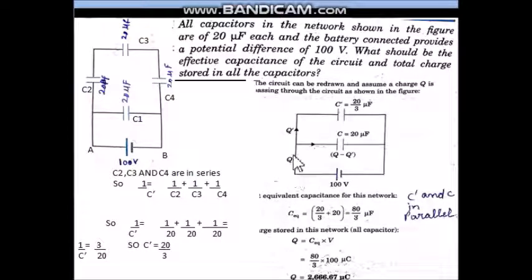Okay. After this, again we will start understanding from the charge taken from the battery. If the charge Q is taken from here, suppose Q dash moves in the upper branch and Q minus Q dash in the lower branch, then Q dash from here and Q minus Q dash from here, total charge Q will again be returned back to the battery. That means now, what about these two capacitors? Here was the charge the same or was the charge distributed? So you can see in these two capacitors the charge was distributed and then added again.